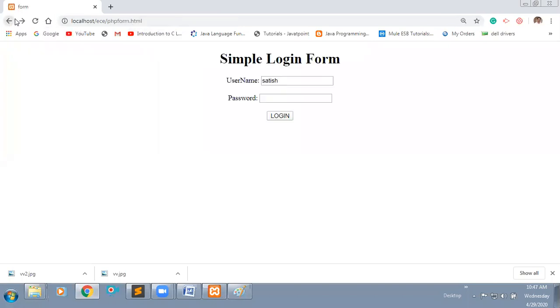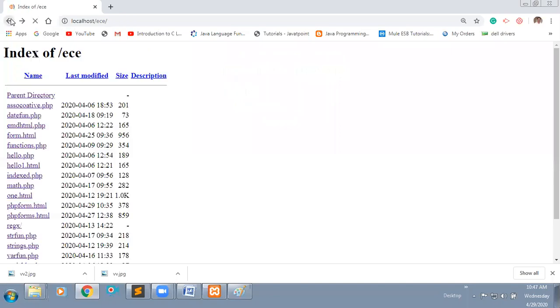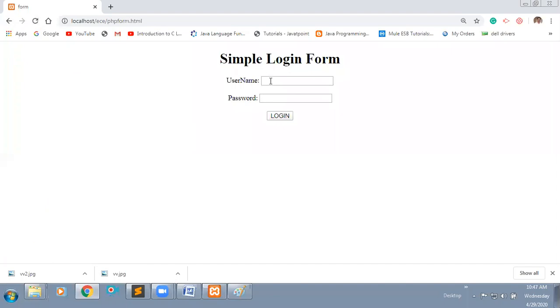Now you can observe, if it is a post, here I'm mentioning name and password.